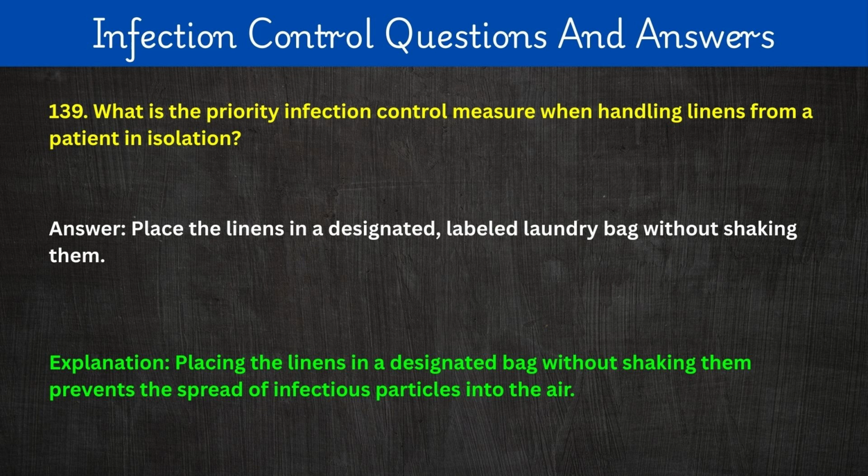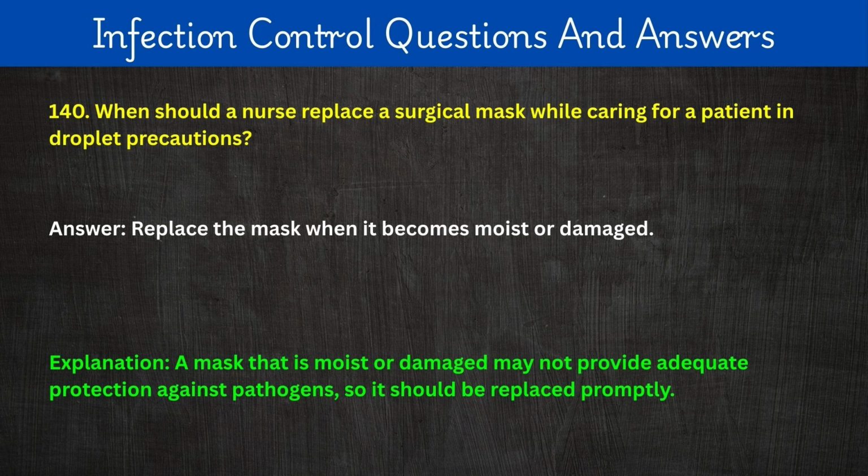139. What is the priority infection control measure when handling linens from a patient in isolation? Answer: place the linens in a designated, labeled laundry bag without shaking them. Explanation: placing the linens in a designated bag without shaking them prevents the spread of infectious particles into the air. 140. When should a nurse replace a surgical mask while caring for a patient in droplet precautions? Answer: replace the mask when it becomes moist or damaged. Explanation: a mask that is moist or damaged may not provide adequate protection against pathogens, so it should be replaced